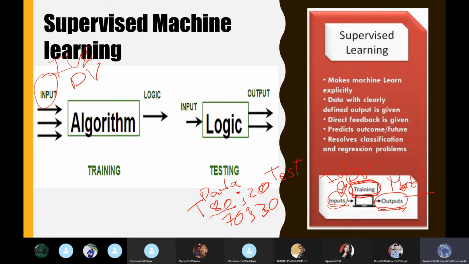After training, this logic is nothing but a model. We will get a model after training, and this model will be sent the unused data set, the remaining data set that was not used for training, which we put in for testing.